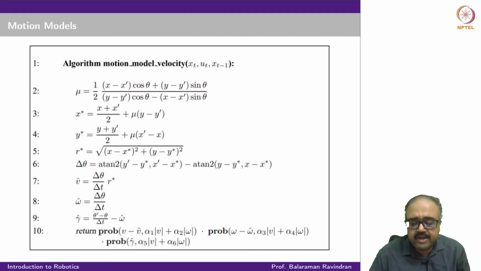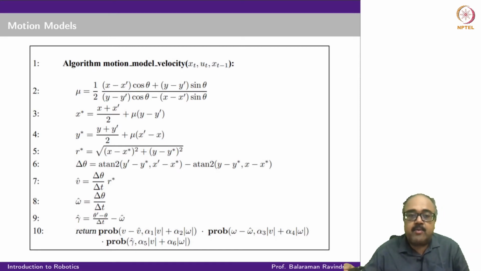So you can actually look at the book to figure out how we arrived at this expression, but this is essentially like saying that I am starting at x comma y and I am ending at x prime comma y prime, right. So a perpendicular line drawn at the midpoint of these 2 points should go through the center of the circle. So that's essentially the idea here, and that is where we come up with this.